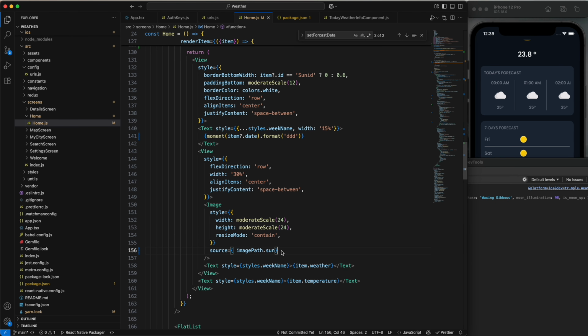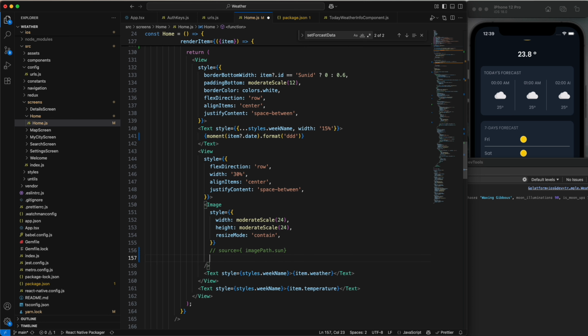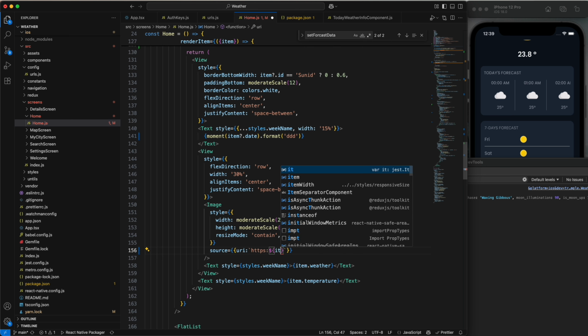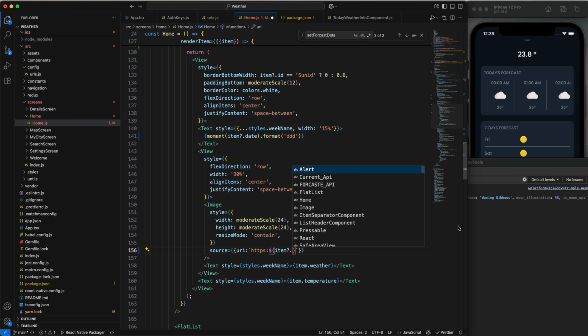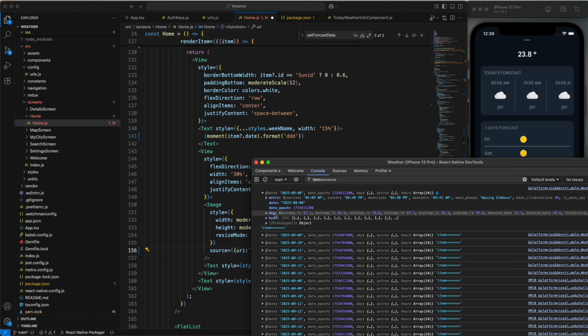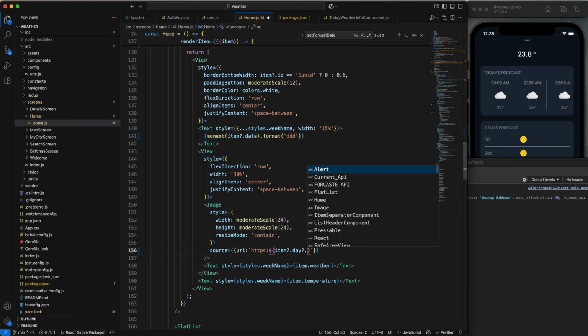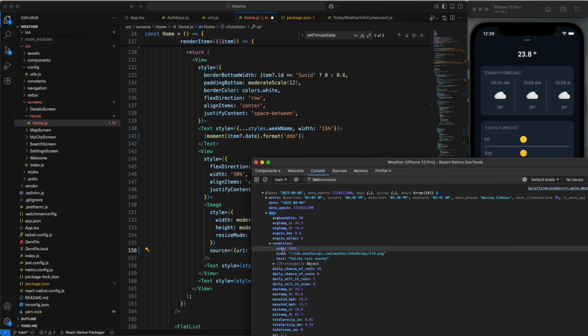So for that we are going to comment this source and just type the source, and we do not need this again. So let me remove this. Inside the source we have a URI like this, and we need to add the https like this, and we need to add the item, and inside the item we have a day. Inside the day we have a condition. Just copy the day like this, and then we have a condition, and let me copy the whole condition again,